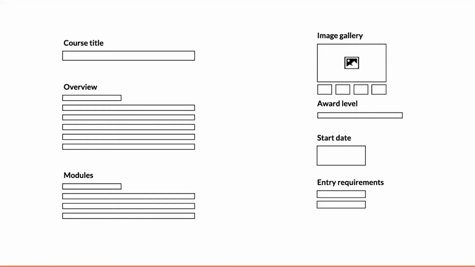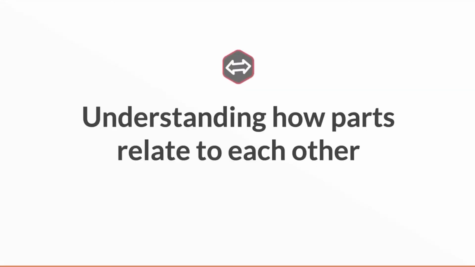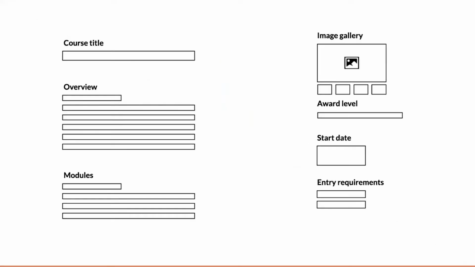Maybe it's got a maximum length. When it comes to design, it's presented in a certain way. So you can have as many course titles as you like, but it's actually just one type of content, and we're beginning to realize that. Then in our model, so we've broken it down into parts. This is the basic way that we model. Then we're labeling, defining, and then we understand how those parts relate to each other. So what are the relationships between them?